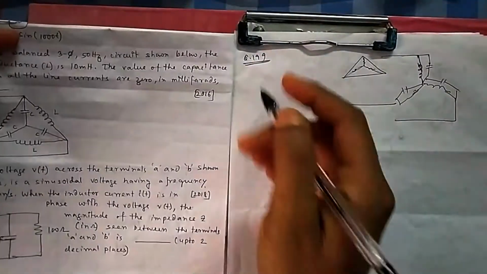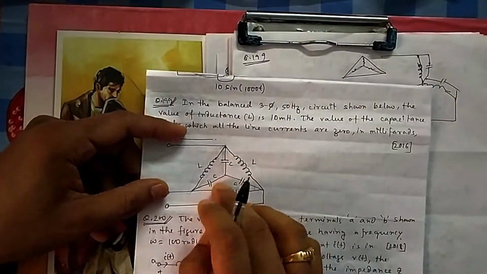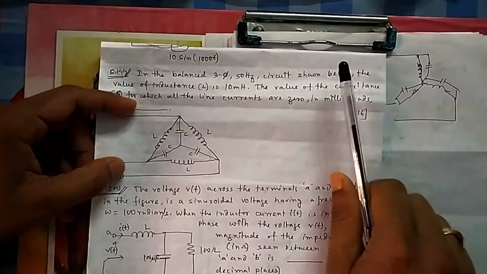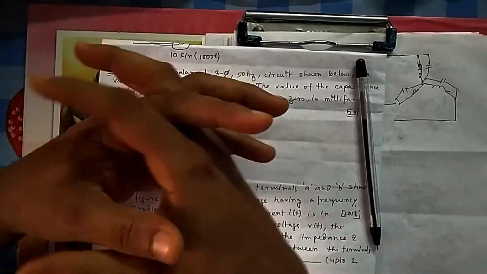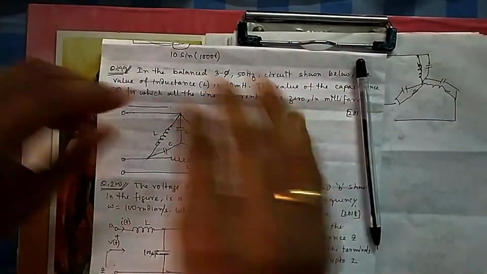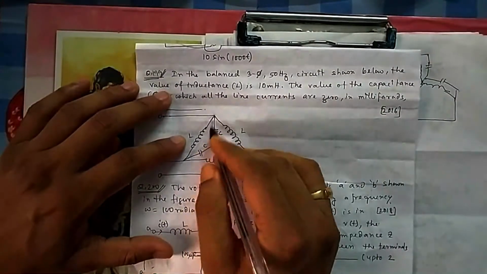So again, same like the way we converted LC in parallel combination, what we got last year, this is L. If it comes into star, it will be L by 3. It is simply like resistance. Because I always used to remember in this fashion, delta means compact. Compact means you will get high value. So if you go to star, star means you are opening it. Opening it means once you lose the compactness, then the value will reduce. So therefore it will be L by 3. So if it comes to star, it becomes L by 3. So ultimately you will have L by 3 and C in parallel.